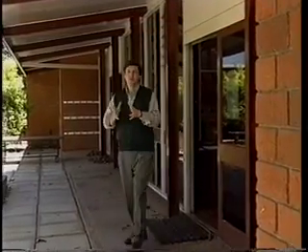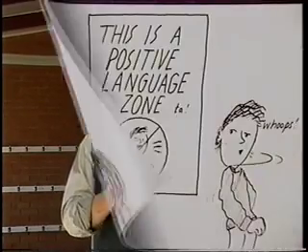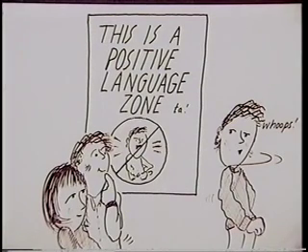For example, when we're moving down the corridor, we often hear students, certainly at secondary level and upper primary, sotto voce at times, using swear words. Now, swearing's an issue in many schools today, and we found that by producing some visual, bright posters with the students' discussion, of course, that have phrases like, this is a reminder that this is a positive language zone, just a little poster like that on the wall.